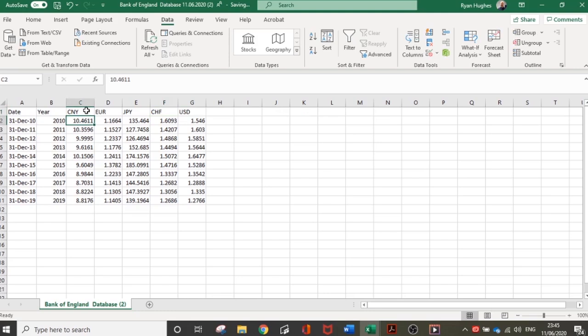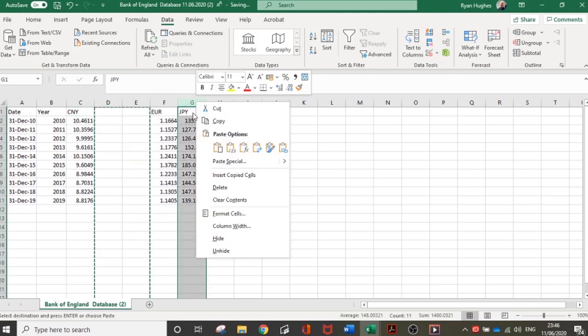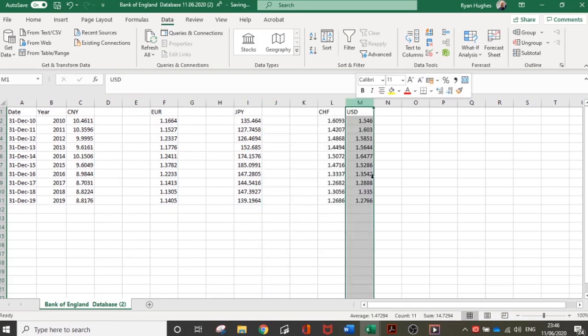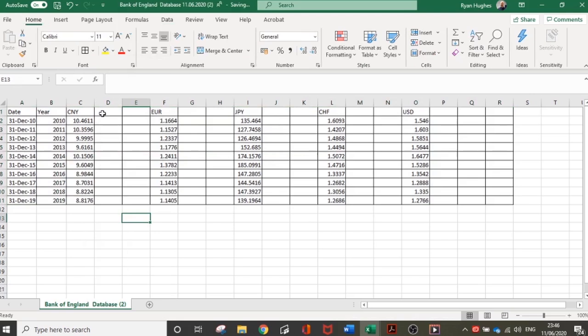In order to construct this index, I'm going to have 2 columns behind each one of these. So I'm just going to do that now. And each one of these columns is going to be, first of all, I'm going to make an index for the currency, and then I'm going to make a weighted index. And because I always want it to be based on this label here, I'm actually just going to use the value of the cell. So I'm going to say that's equal to this label